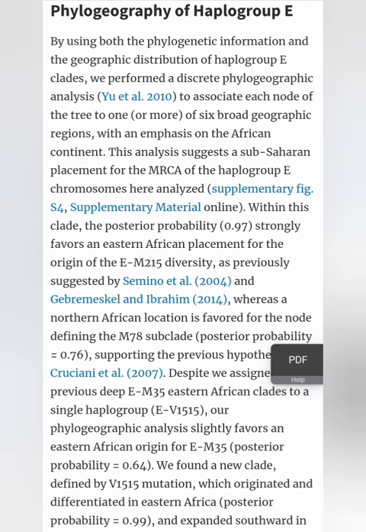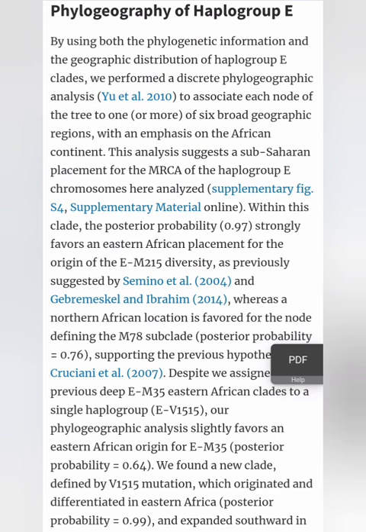This analysis suggests a sub-Saharan placement for the MRCA of the haplogroup E chromosome within the clade. The posterior probability strongly favors an Eastern African placement for the origin of EM215 diversity, as previously suggested by Semino and Gebremeskel and Ibrahim, whereas a northern African location is favored for the node defining the M78 subclade, supporting the previous hypothesis of